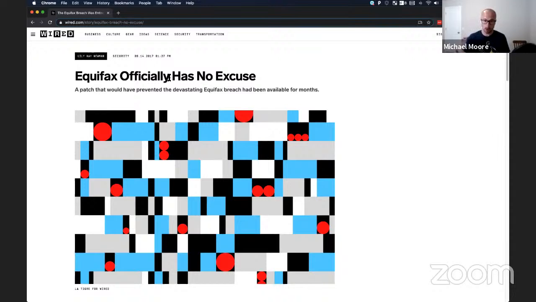Again, 60% of all attacks are using exploits of things that have already been patched. So it's important to keep in mind that updates aren't just for bug fixes or cool new features. They also include critical security patches to protect the devices that you're on. So as we're working at home, a lot of our work has switched to new devices. So I just want to talk a little bit quickly about